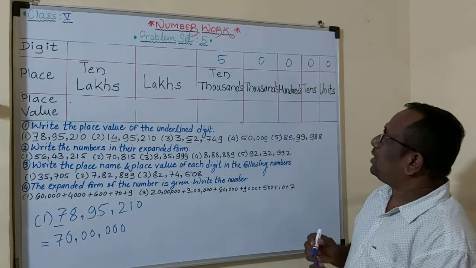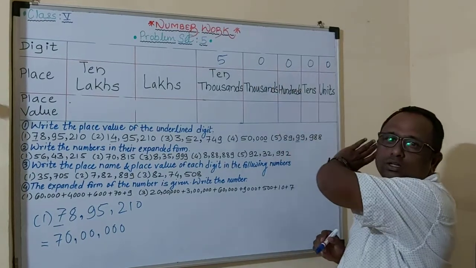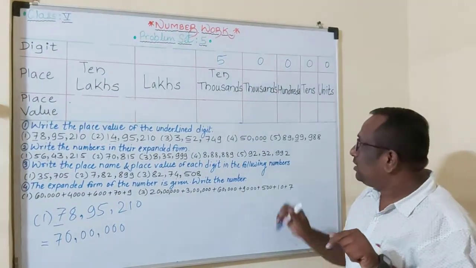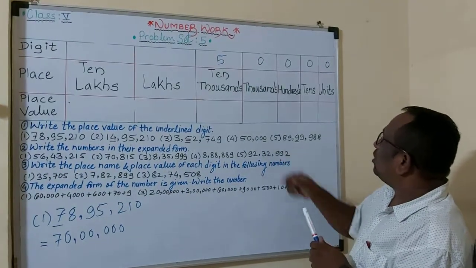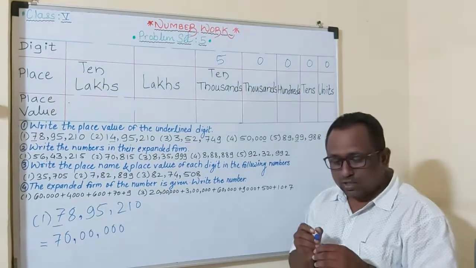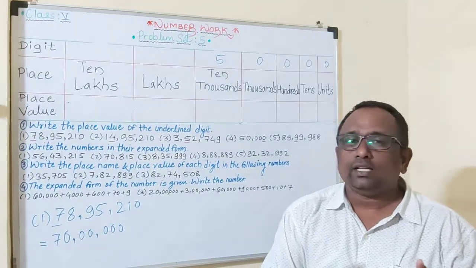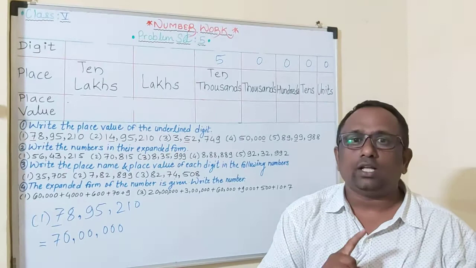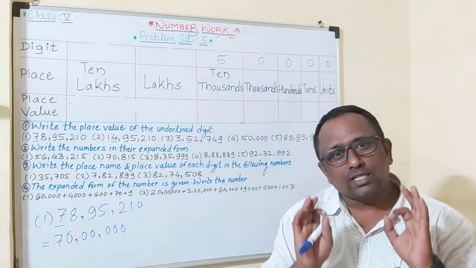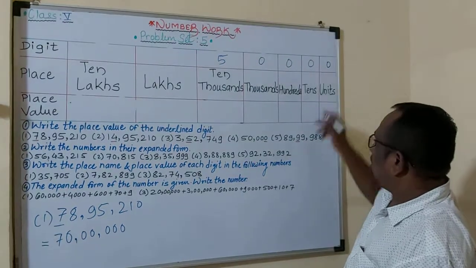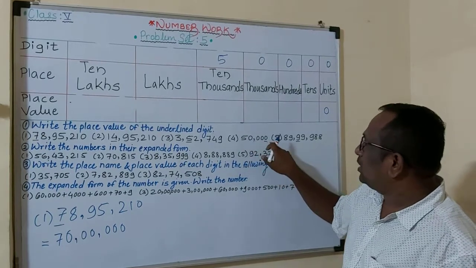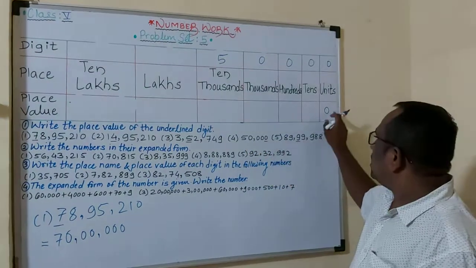So how will we read this number? 50,000. The 0s are nothing there, so 50,000. Now, where they underline this last 0, this 0 is in the unit place. Students, the value of 0 is always 0, whether the 0 is in the 10 place, 100 place, 1000 place, 10,000 place or lakh place. So the place value of this 0 in this given example is 0.